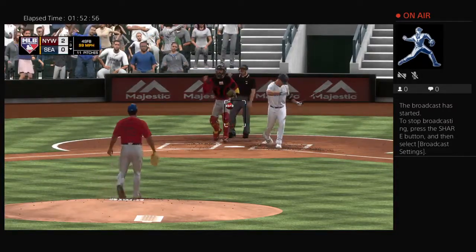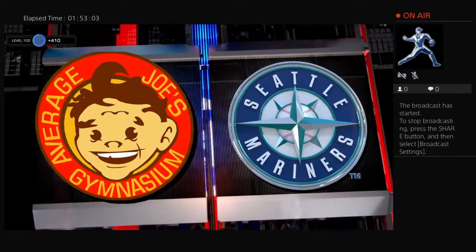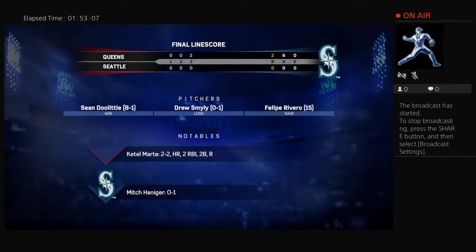And a swing and a miss, and that's going to do it. This one's headed for the record books. A combined no-hitter. This evening's game finishes 2-0 the final score. Drew Smiley worked only 3